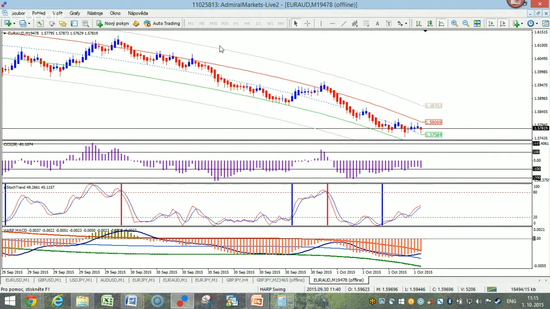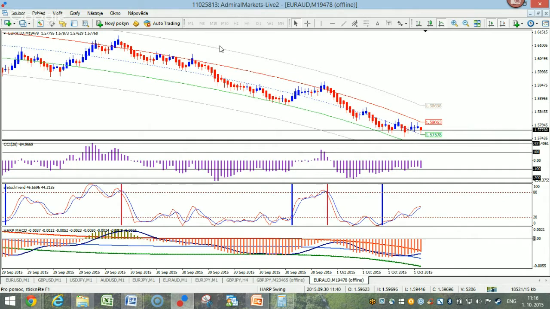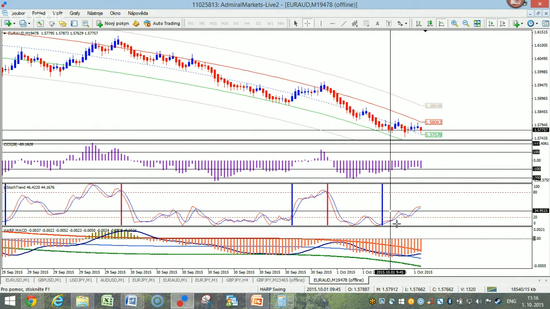The angle is going from high to low. If you look on the left chart, the channel is higher than now, so obviously there's a downward slope. Very simple. If you look at the HARP MACD, especially designed MACD for our HARP, we see a downtrend too. If we look at CCI, there could be a bit of divergence here because this one is stronger than this one here. So that could be the only worry, in fact, when looking at this particular